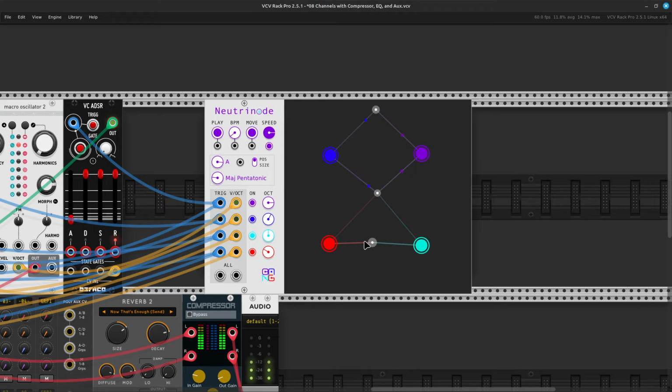Well, let's try this. This is what I did in the version before. I also had some nodes here on the outside, although if you think about it, since the blue and the purple are on the same vertical axis, they're really playing the same pitch, but